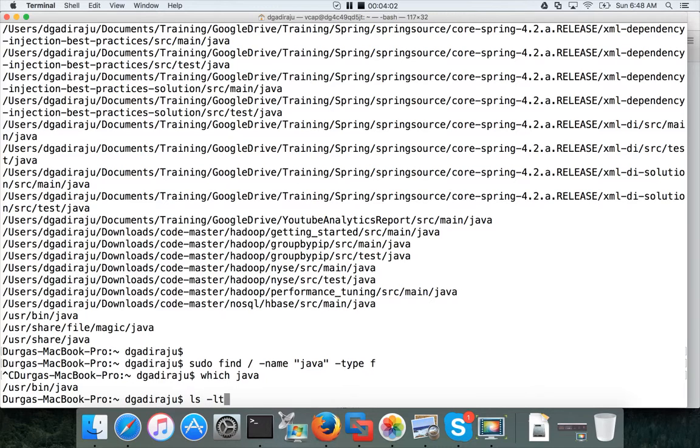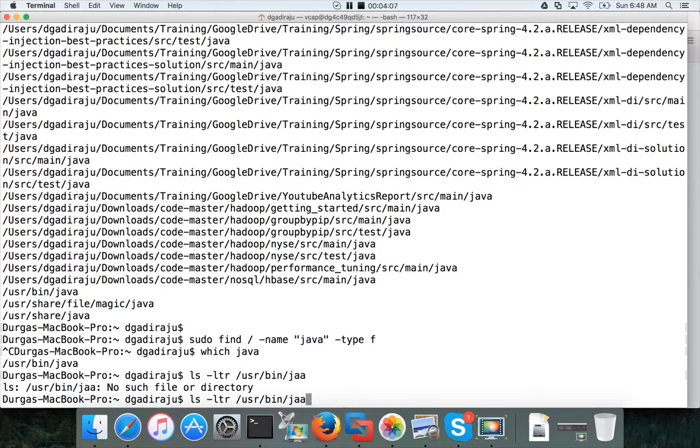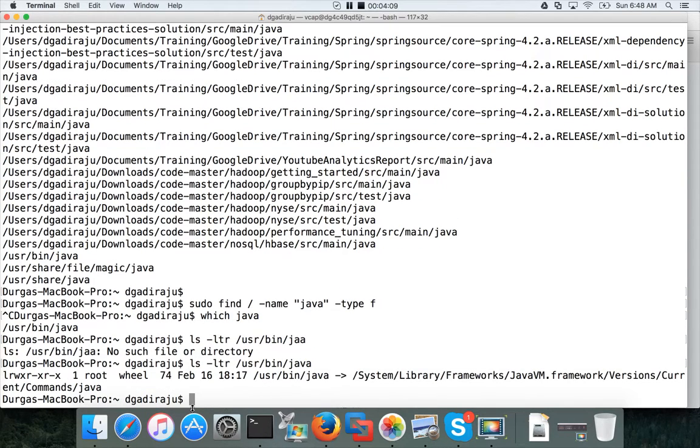And you can do ls minus ltr on /usr/bin/java and hit enter. So this is the location of the Java file against which the link is created in /usr/bin, so that you can access the Java command without giving the fully qualified path. But the main thing is you should know that under System, Library, Frameworks is the one which will actually have